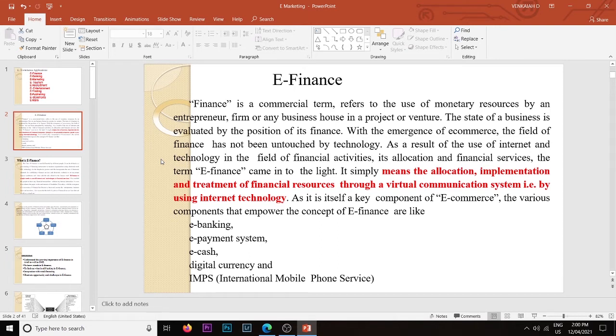What may be the financial resources? Check is there. Check treatment: how was passing of the check or payment of the check earlier? It is like this. You gave me a check, then I will deposit it into my account. That check will reach one ACH, automatic clearing house. Earlier it was not an automatic clearing house, and the people would look at my account as well as your account, and they would manually